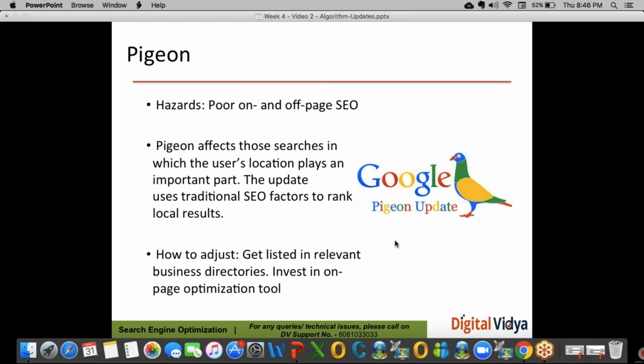So how to adjust? Again, the same guideline. Focus should be on quality content, and when you talk about link building for local SEO, what we've learned is that you should build links from local directories, and only from those local directories that are quality ones. How do you check whether those websites are quality websites or not?